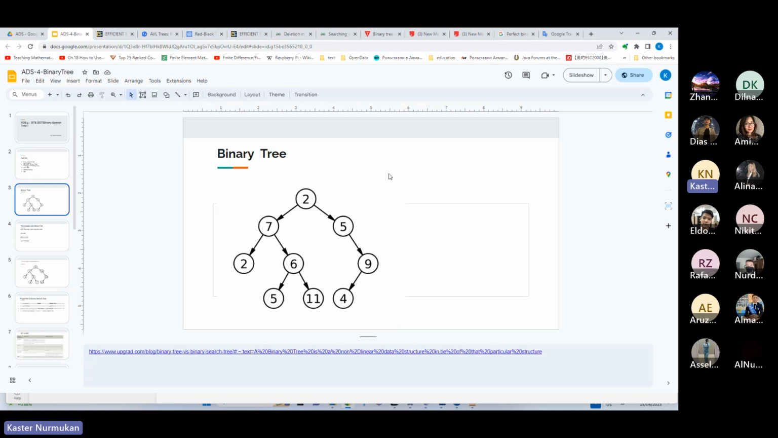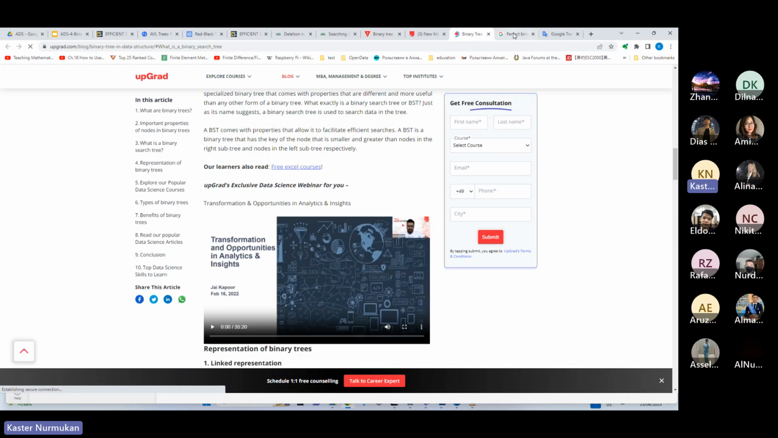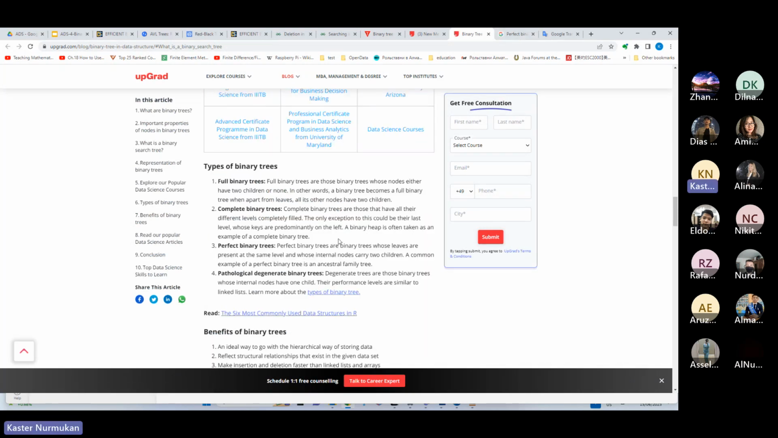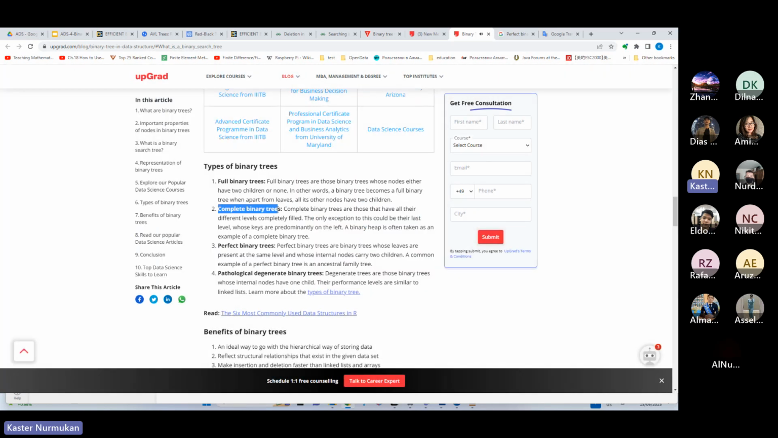Nevertheless, there are several types of binary tree. For example, we usually use these types of binary tree: full binary tree, complete binary tree, perfect binary tree. Those are very frequently used. For example, a full binary tree is actually the same binary tree, but